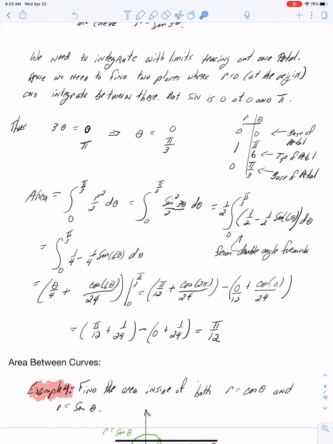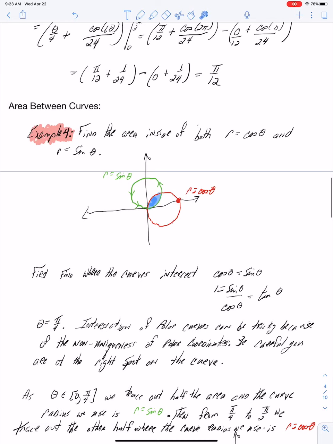Well, I think that's all I'm going to talk about right now. Next time, we're going to tackle area between